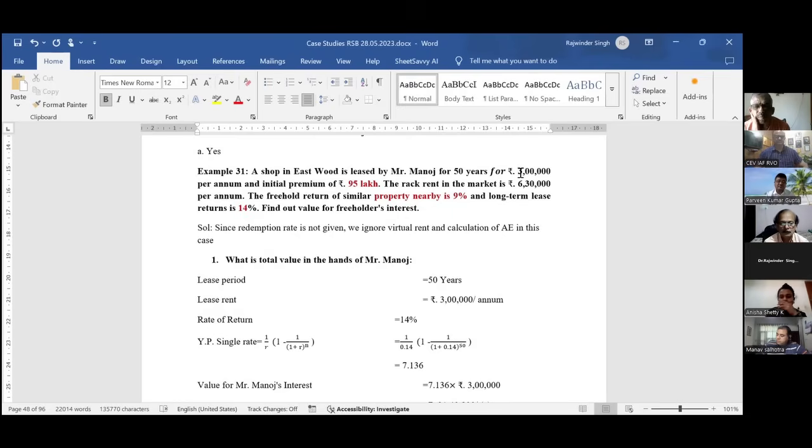So, but 95 lakhs is paid initially only, no? So then why are we finding the annual equivalent? Madam, he has paid 95 lakh one time. Okay, so Mr. Manoj will, let us suppose he deposits it in the bank. So what will he be getting from the bank? He will be getting interest from the bank. So we can directly use the formula 1 plus R per n minus 1 by R, no sir?